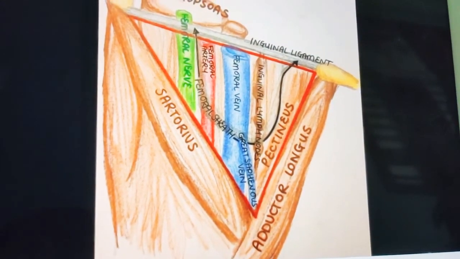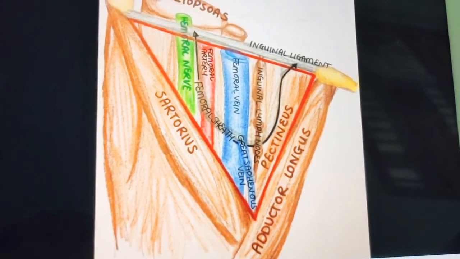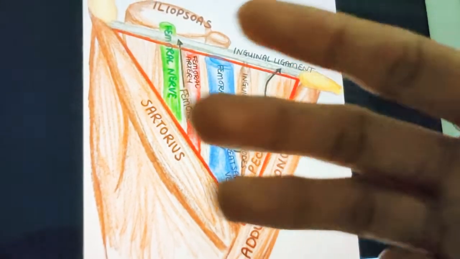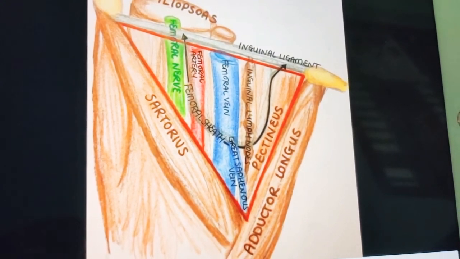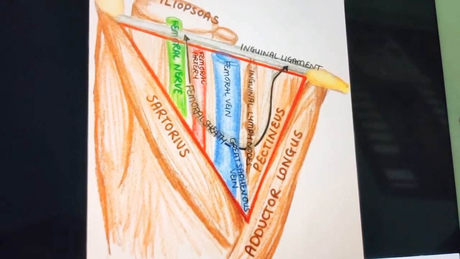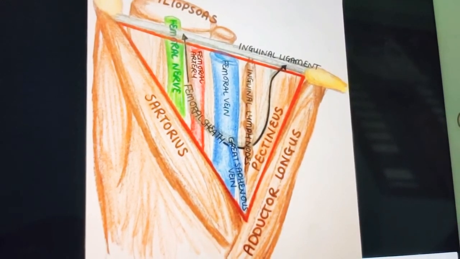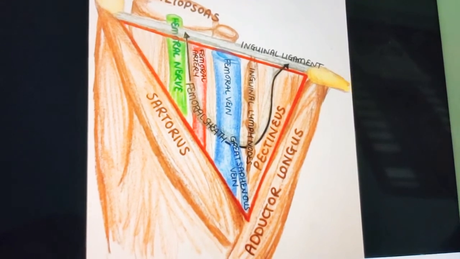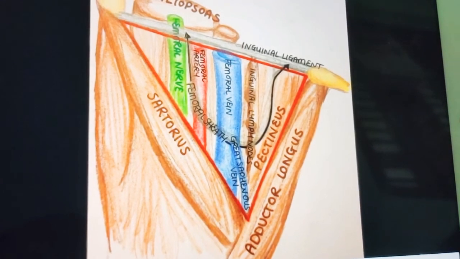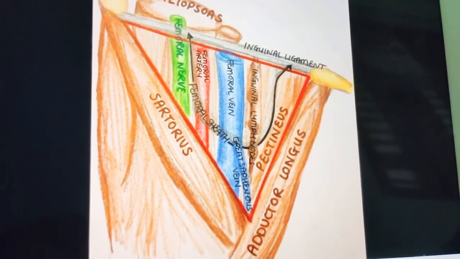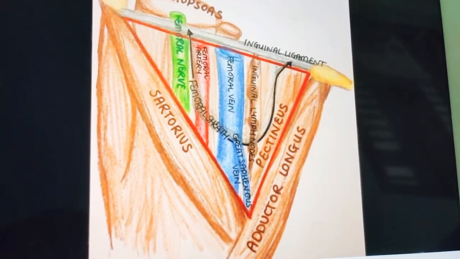So don't get out of the video. We are just talking about the femoral artery branches. The femoral artery will give 3 superficial branches and 3 deep branches. What are the 3 superficial branches? Superficial external pudendal, superficial epigastric, right? And one more is the superficial circumflex iliac. Done. Next it gives 3 deep arteries, right? What are those 3 deep? One is the deep external pudendal, and the other 2 are the muscular branches. And also it gives the profunda femoris artery. That profunda femoris is the largest one, and it also gives rise in turn to the medial and lateral circumflex